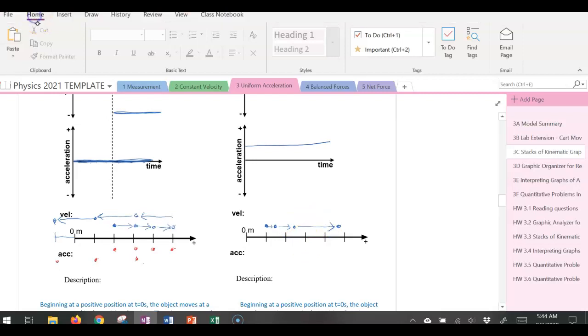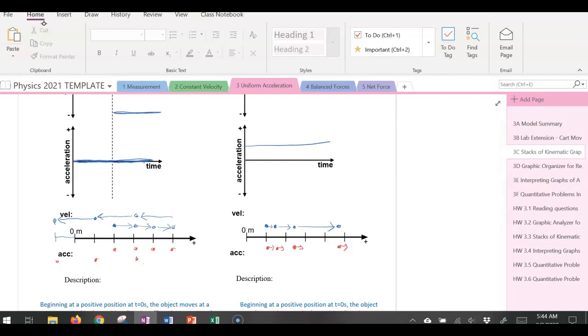And then let's put in the acceleration vectors. I start by putting the position dots at the same place. Here, the velocity vectors are getting longer. It's speeding up, and so acceleration should be pointing in the same direction as the velocity. But remember, I make the velocity vectors all the same length because we're looking at situations with uniform or constant